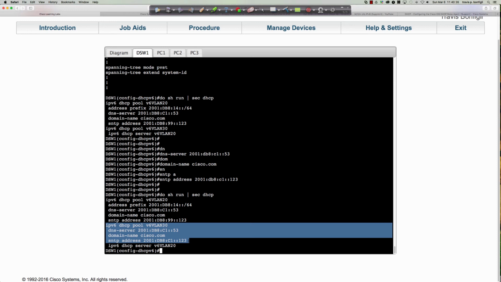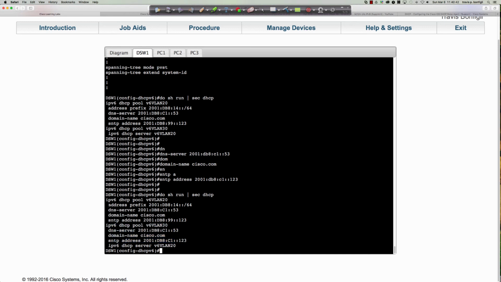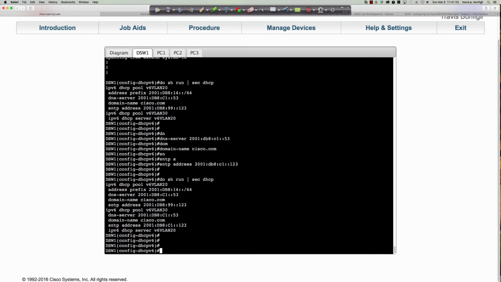And again, remember that the only difference, or at least in this use case, the differentiator is stateful is going to have an address prefix command that is going to dictate the prefix, the global unicast prefix that we will use when configuring the address. So we've got the stateless pool ready to go for VLAN 30, and let's go ahead now and jump into